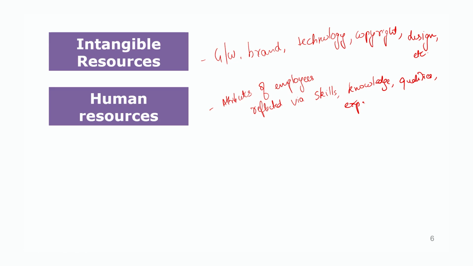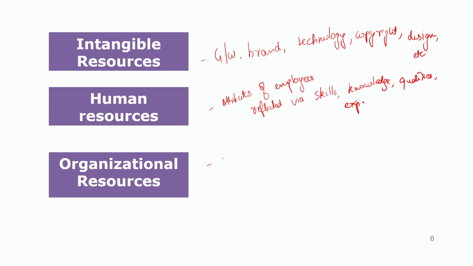Companies offer various kind of policies in order to attract and retain human capital. It is said that wherever talent goes, creativity, innovation and success will definitely follow. So companies spend a lot in order to retain good talent, as they are important source of competitive advantage. The fourth category of resource is organizational resource.